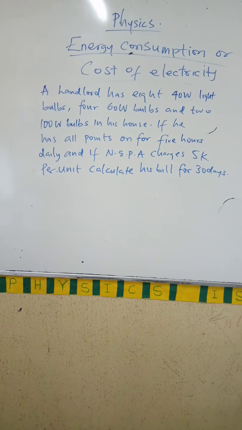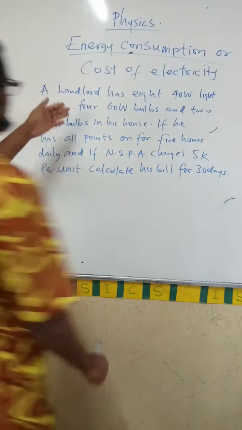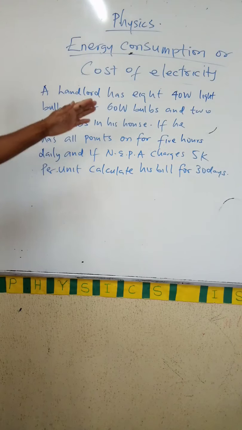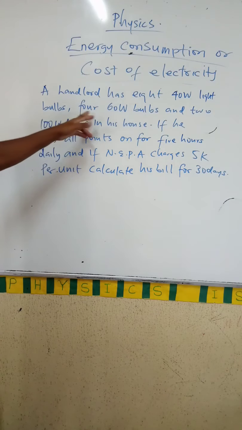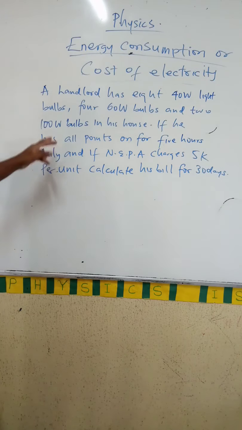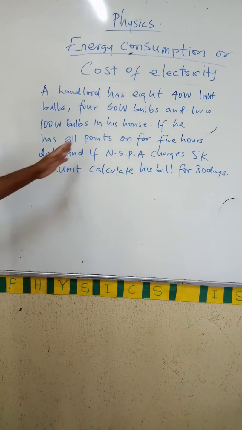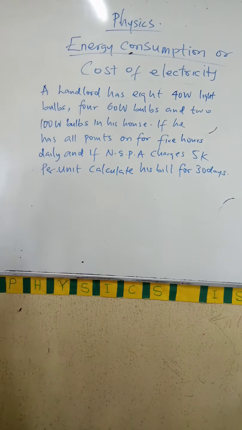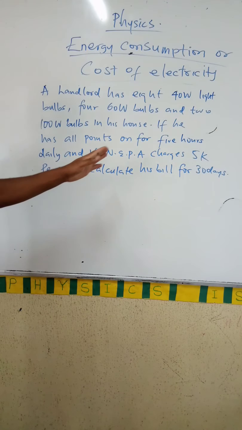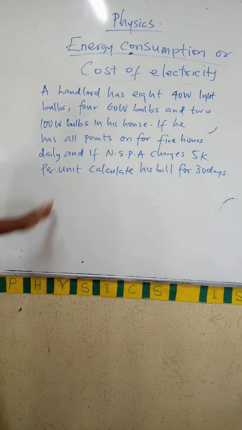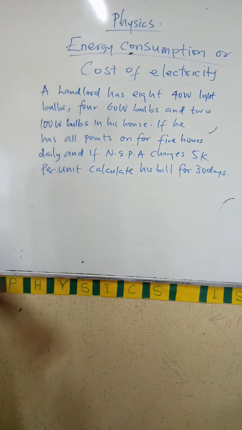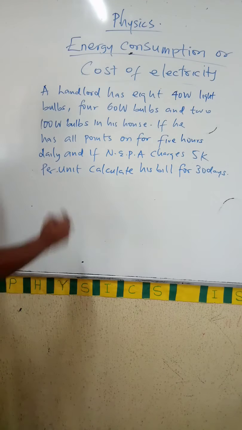Okay, let's take this example. A landlord has eight 40-watt light bulbs, four 60-watt bulbs, and a 200-watt bulb in his house. If he has them on for 5 hours daily, and if NEPA charges 5 kobo per unit, calculate his bill for 30 days. As usual, solution,